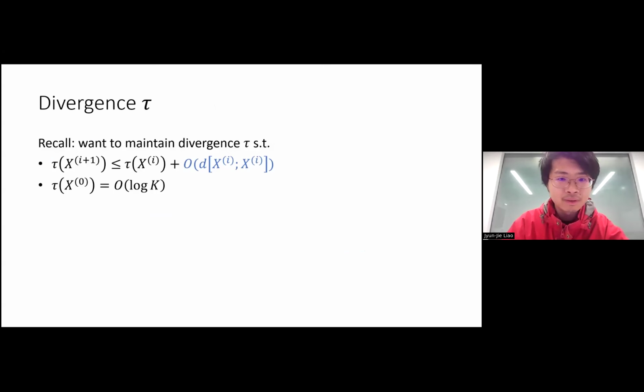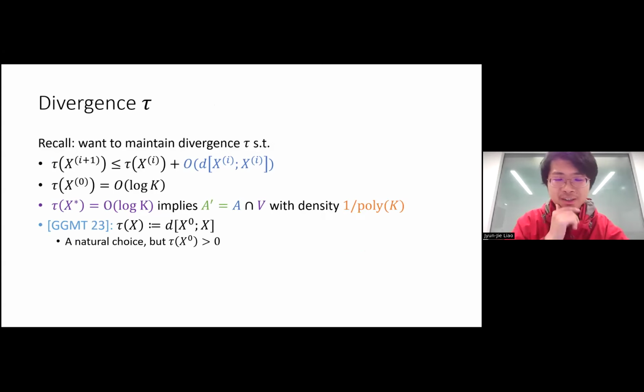Okay, so finally, we want a divergence that has some properties that we want to satisfy, and a natural choice of this divergence is just the entropic Ruzsa distance between our starting distribution and our current distribution. This is quite natural and satisfies basically all the properties that we want, but something not so natural happens here. We claim that this is a divergence from the original distribution X0, which measures how different we are from the original distribution. But for the entropic Ruzsa distance, we know that the divergence is actually positive, which means